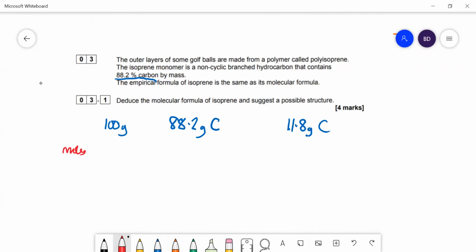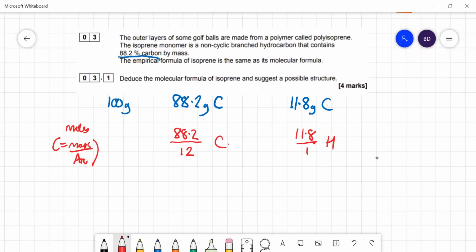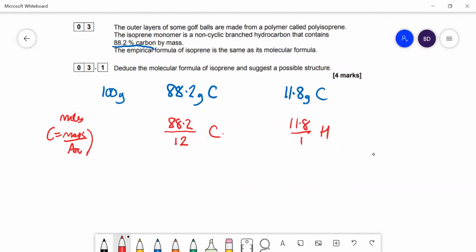So the moles is equal to mass over the AR, the atomic mass. So the moles of carbon we've got is 88.2 over the atomic mass of carbon, which is 12. And the hydrogen is going to be 11.8 over 1. To work that out, that gives us 7.35